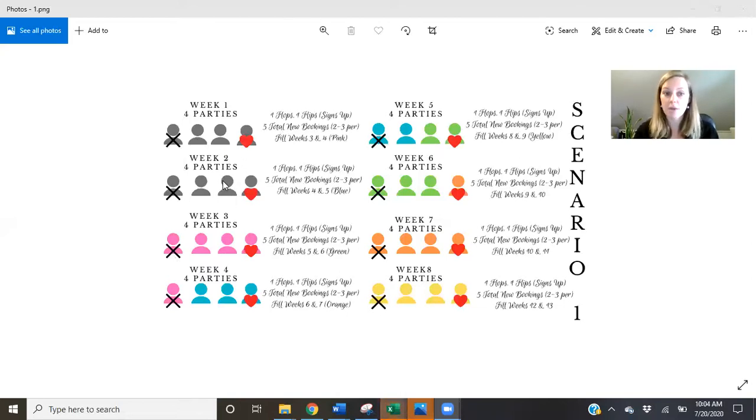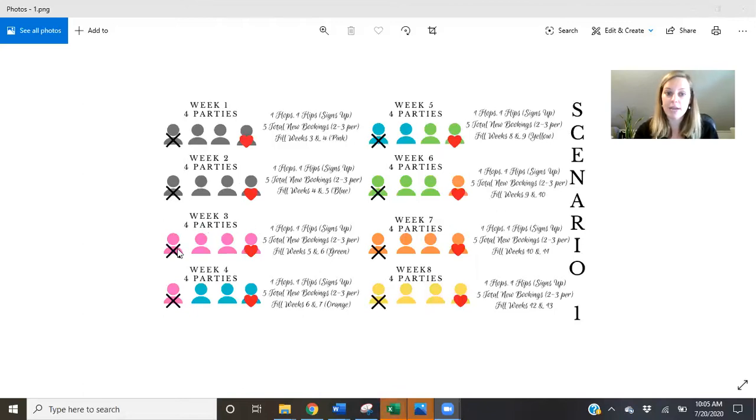Okay. Week 2 comes and you already booked those 4 parties for week 2 because that's what we're doing here. We're booking these first 2 weeks. Again, one flops or ghosts, one flips and signs up. You have 5 total new bookings because you're really focused on getting 2 to 3 bookings per party. And these 2 right here generate 5 new bookings for you. That is in blue, and you're going to see that here. You're going to see that because we're booking those up in week 4 and 5. This is based off of stacking your calendar and booking the next immediate date, okay?